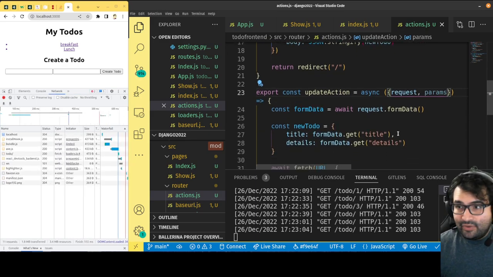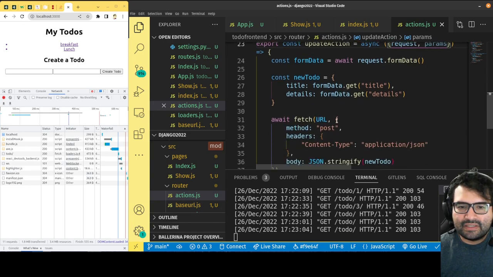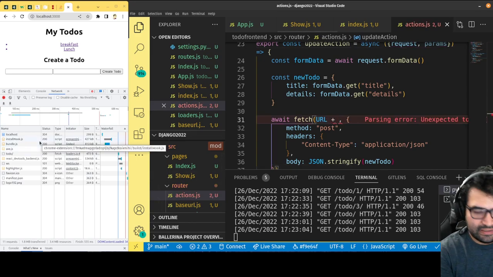Again, how do I know those things are in there? Because I've read the documentation. Okay, it's not magic. That's all fine. That's all pretty much the same as it is. The only difference now is that we're going to want to do plus params.id slash,